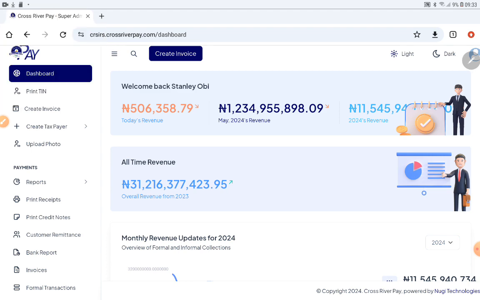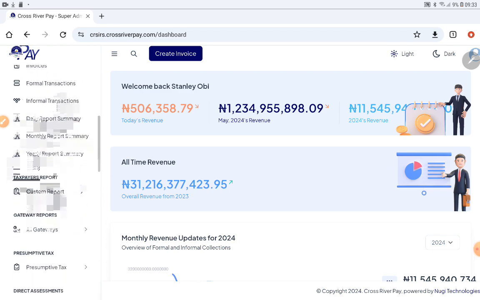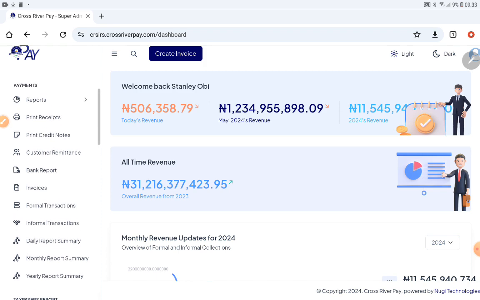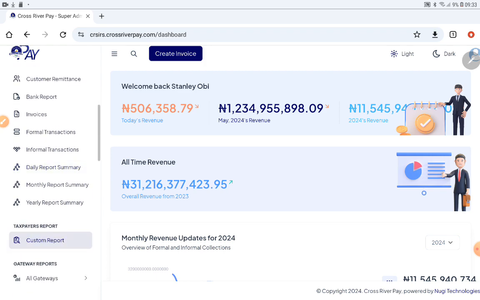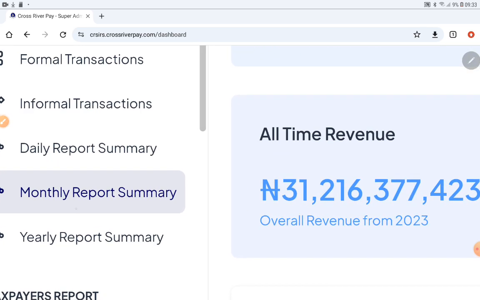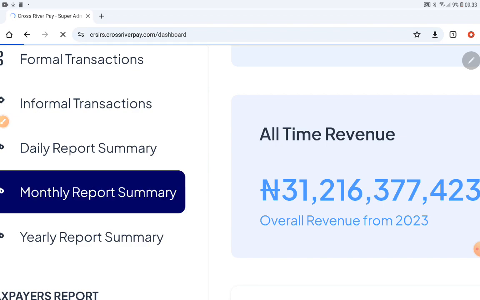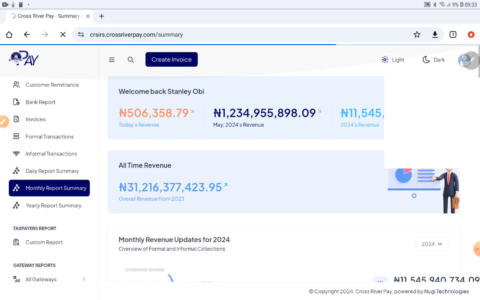So first you log into your CRIRS, irs.crossrapid.com. That's a dashboard. So you scroll to reports. You see payments. Under payments reports, you just scroll down to where you see monthly report summary. Do you see that? Let me zoom in so you can see clearly. Monthly report summary. Okay, so you click on that, and when it opens up,